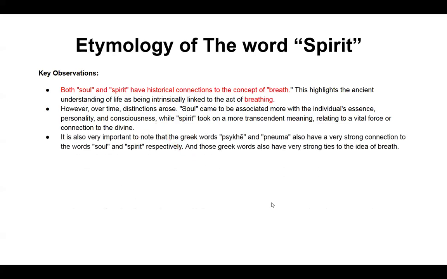It's also very important to note that the Greek words psyche and pneuma also have a very strong connection to the words soul and spirit, respectively. And these Greek words also have very strong ties to the idea of breath. So this is how, if you did a one-to-one translation, you would spell psyche from the Greek letters. This is the word psych, just like we have in psychology, the study of the mind, and pneuma, meaning the